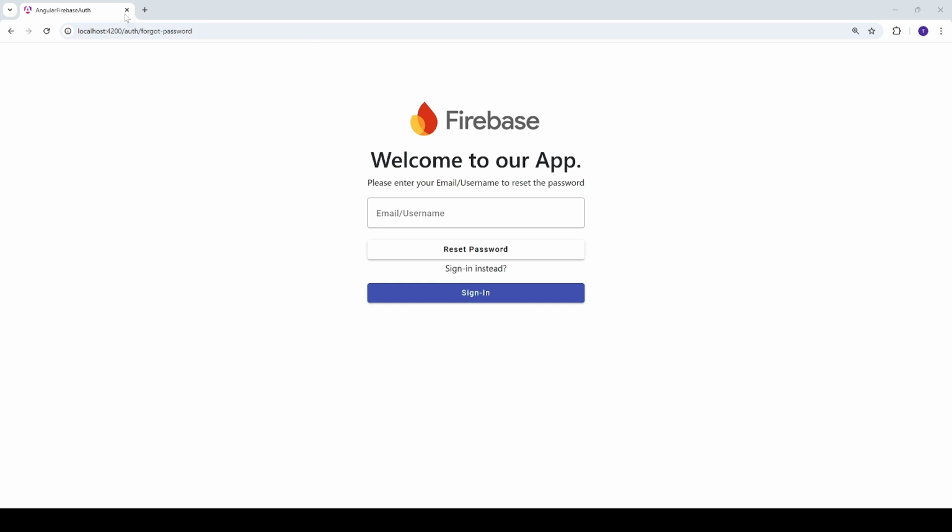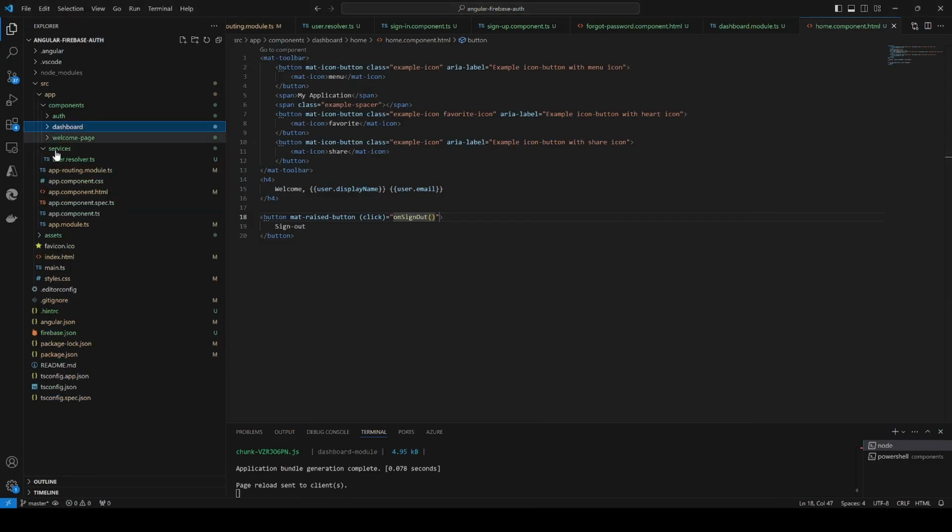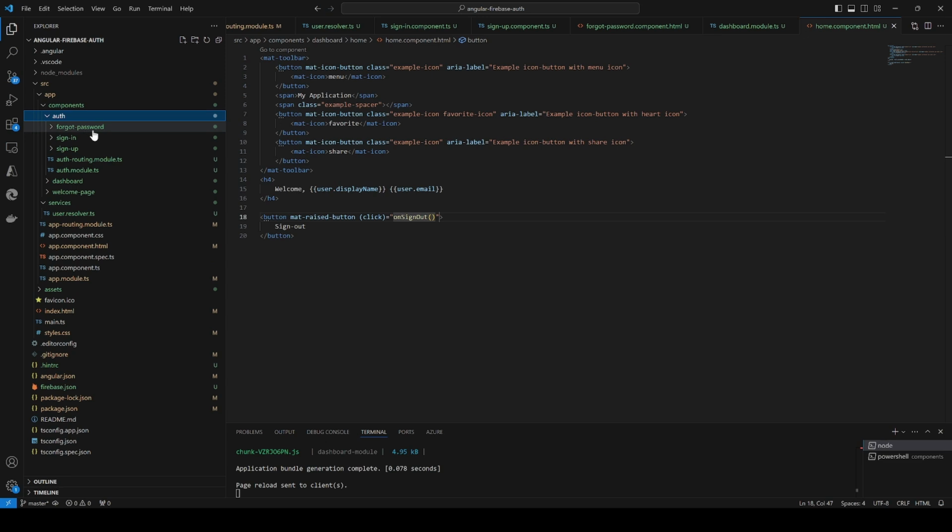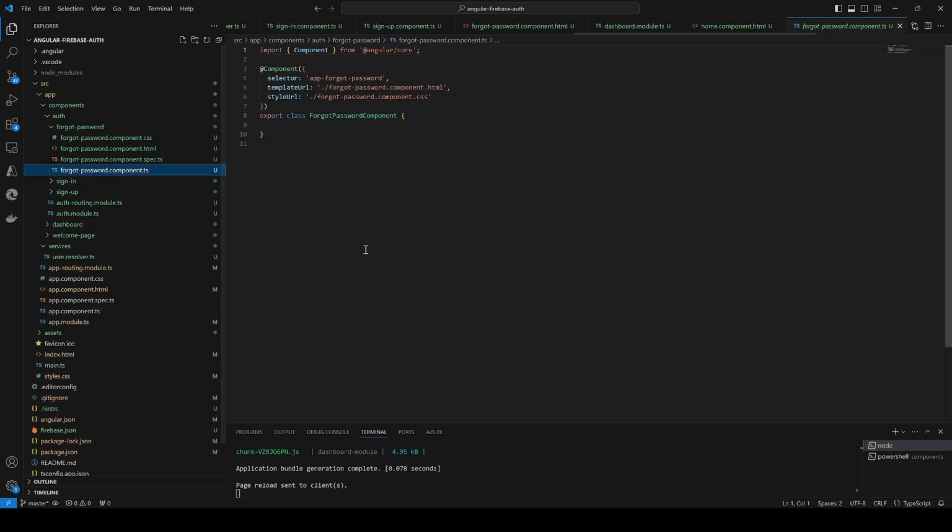To do that, we're going to head over to the forgot password component that we have in our auth module and start building the logic behind. So to do that, we just need to get the auth. So we'll inject the auth service. Auth is equal to inject auth,